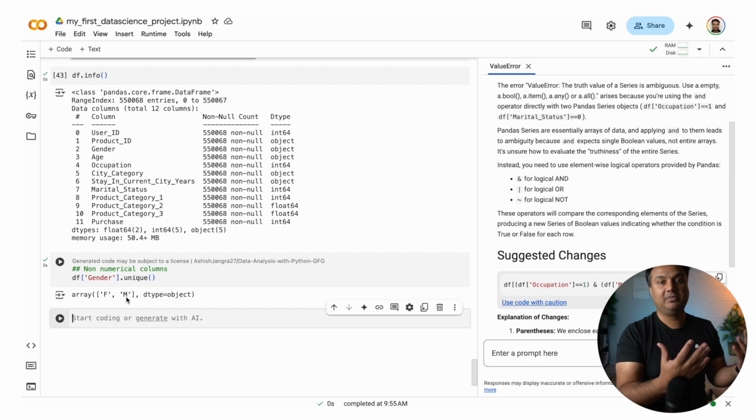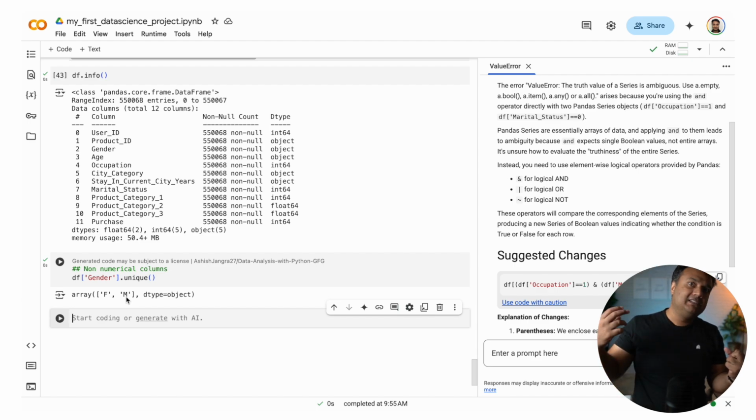It could be any other numbers besides 0 and 1. It could be 99 and 100. But as long as I have two distinct numerical representations so that I could feed it into the machine, it will be able to detect the pattern. Even if I say 99 and 100, it'll say, okay, whenever it is 99, there are more sales. Whenever it is 100, there are fewer sales, or whatever. It will be able to discern the patterns.